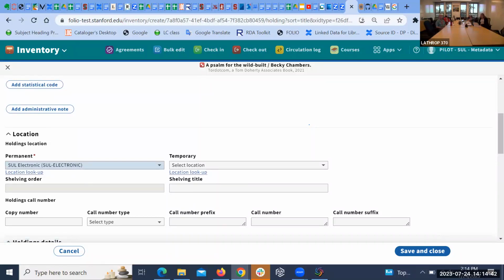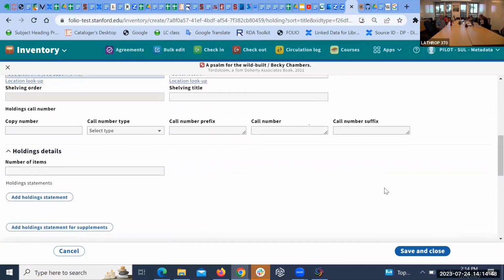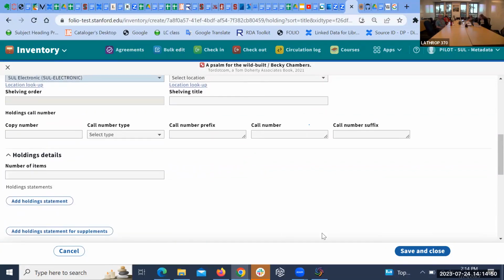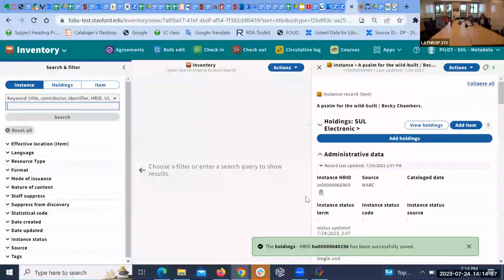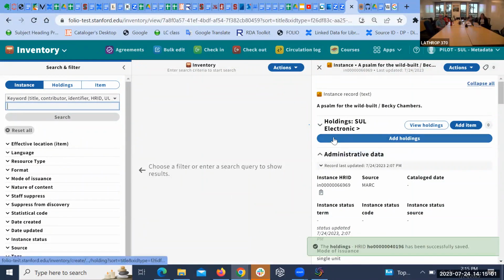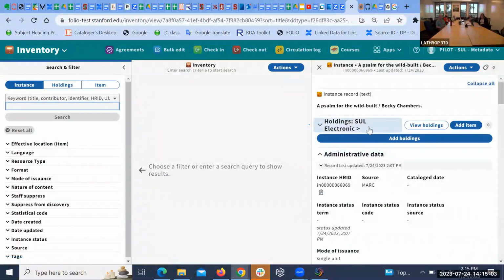So we now accept. Let me do it looking at it. Oh, that's why, because this screen share thing is there. Okay, we will save and close. And we see our holdings has been successfully saved. Our holdings is Sewell Electronic. And voila,